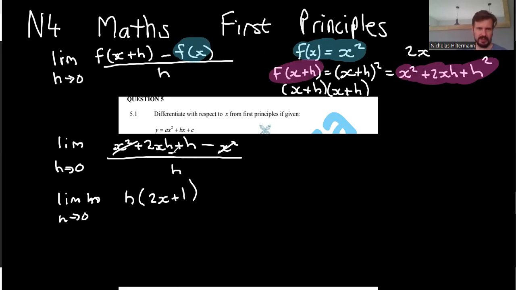So what have I done? I've taken out an h over h, and then I can cancel the h's. And now I can say limit as h tends to 0. I replace these h with 0. Well, there's no 0 to replace. And so my derivative is,